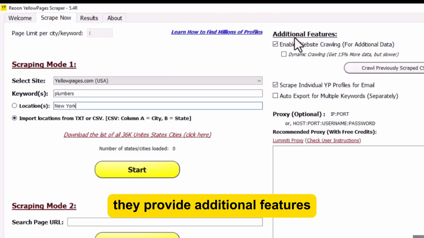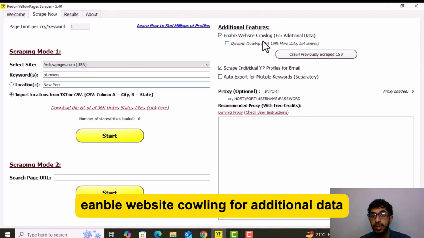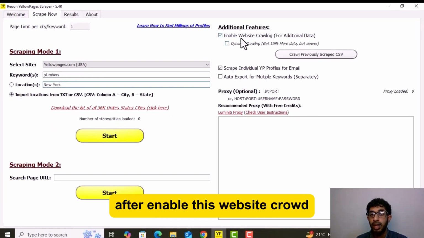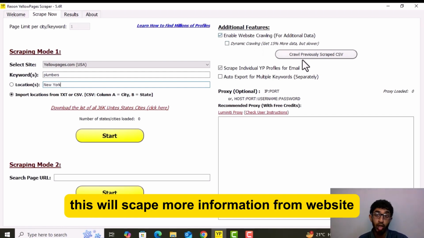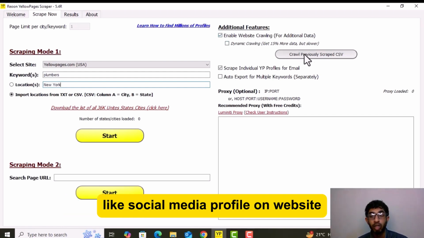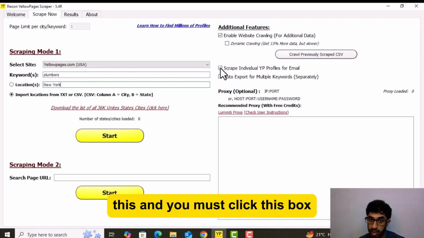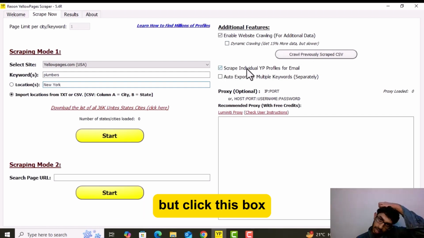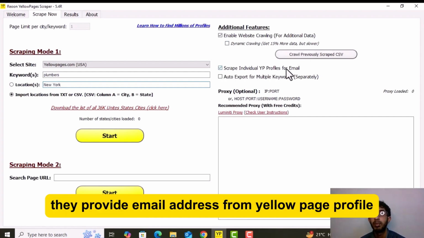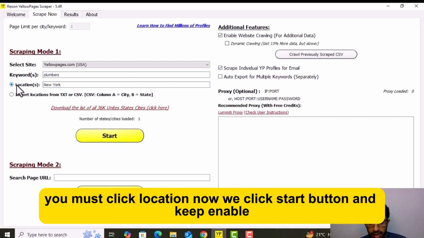They provide additional features. Enable website crawling for additional data. After enabling this website crawl, it will scrape more information from the website, like social media profiles. And you must click this box. If I click this box, they provide the email address from the Yellow Page profile. So guys, you must click it. Now we click the start button, and